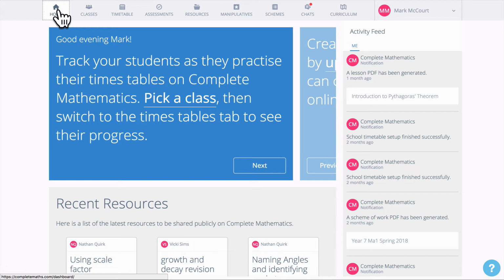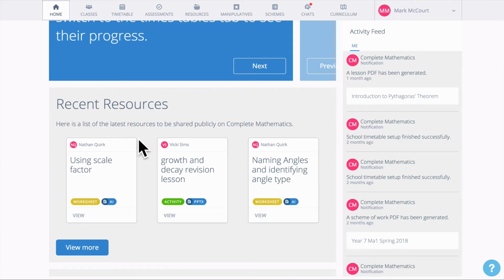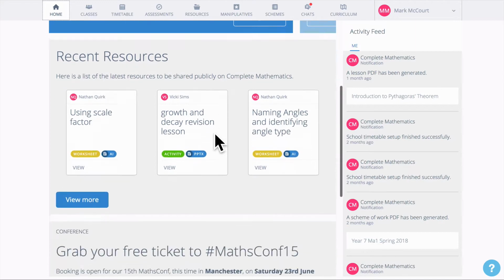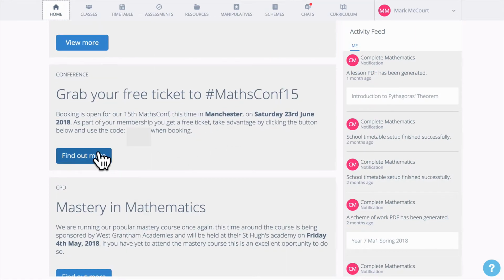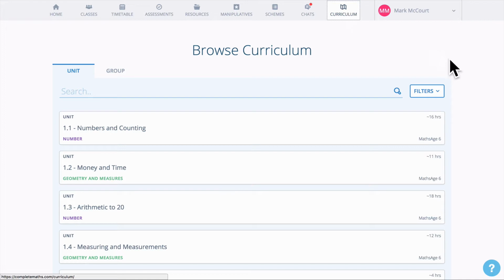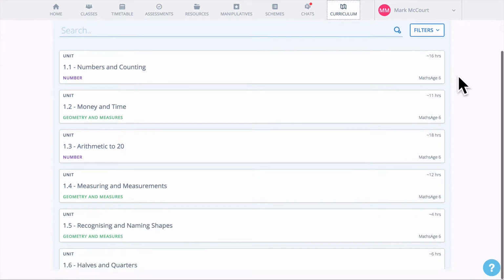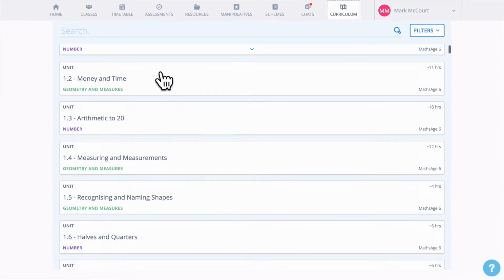The homepage of Complete Mathematics gives me an overview of what I've been doing recently, new resources that have been added, and upcoming events where I can get my free tickets. The backbone of the system is our mastery curriculum, going from early number all the way through